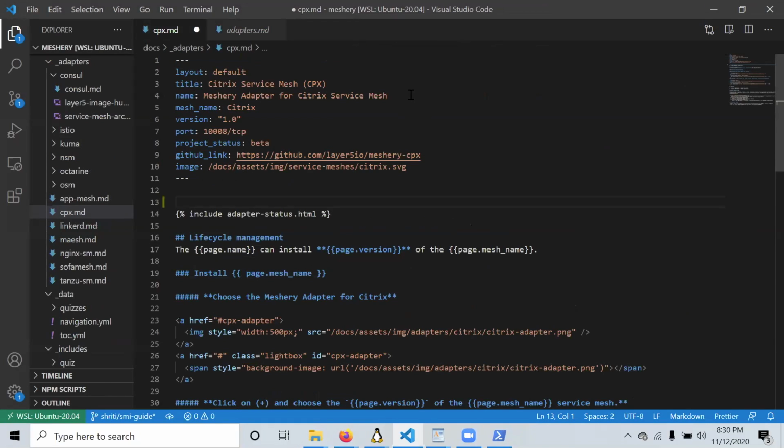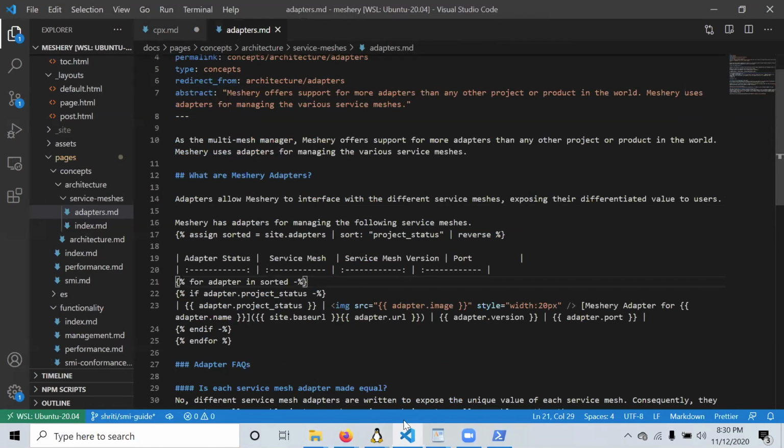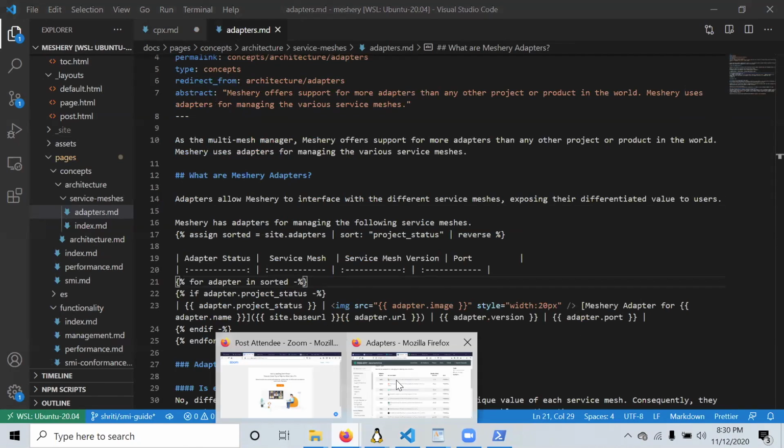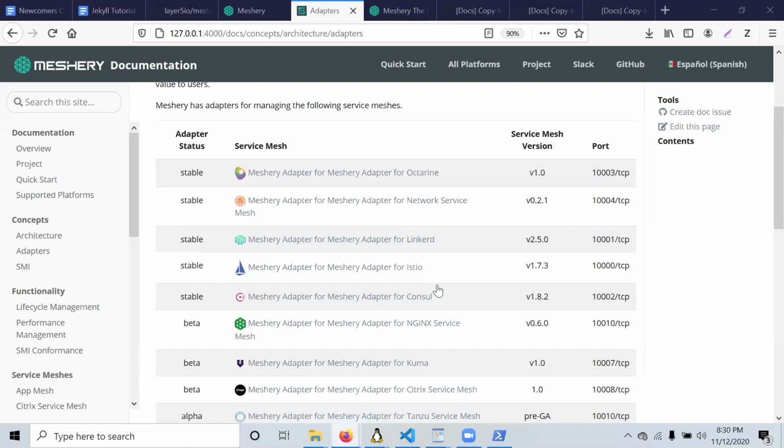Mesh adapter for Citrix Service Mesh. It'll source the name from here and go back here, show it in the table, and it'll be reflected for each adapter name. Without actually manually entering that particular data, it'll show up here. That's how you use liquid tags, and that's what you use liquid tags for.